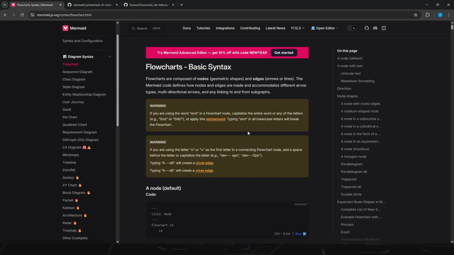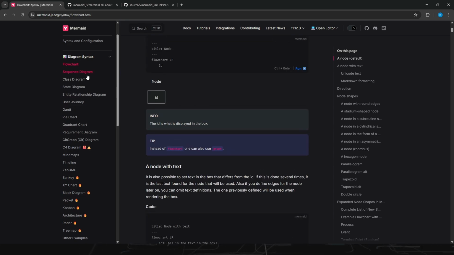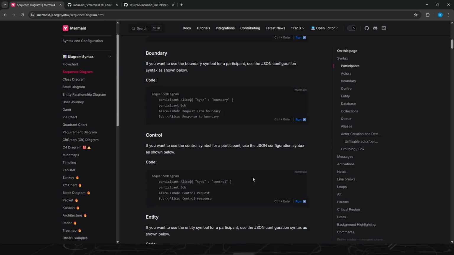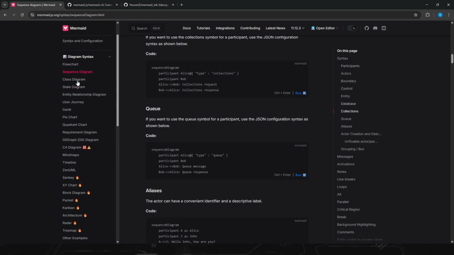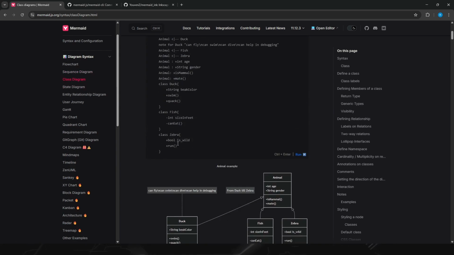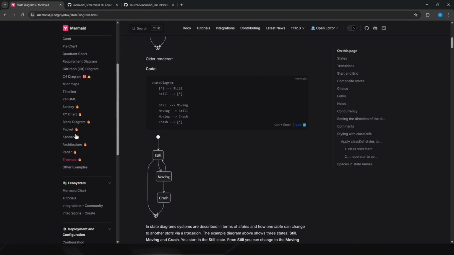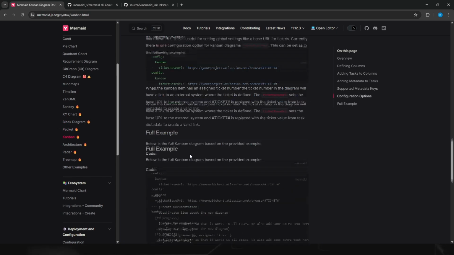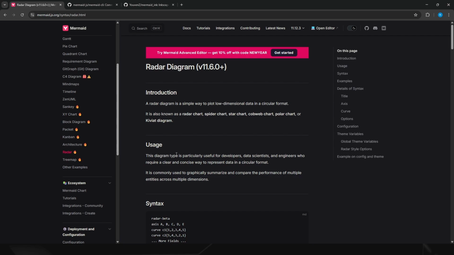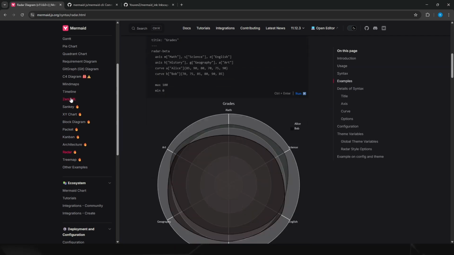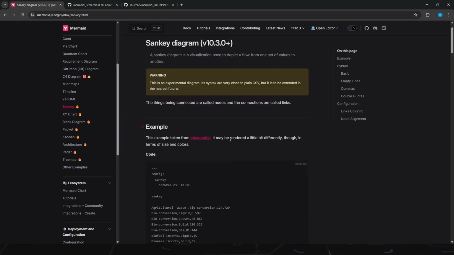So you have flowcharts, sequence diagrams. I'm sure you know the different diagrams that you can do, but as you can see, there's a lot of potential diagrams that you can do, and there are new ones that are quite nice. So, for example, we have the radar, which is quite nice, and all of those can be made inside Inkscape